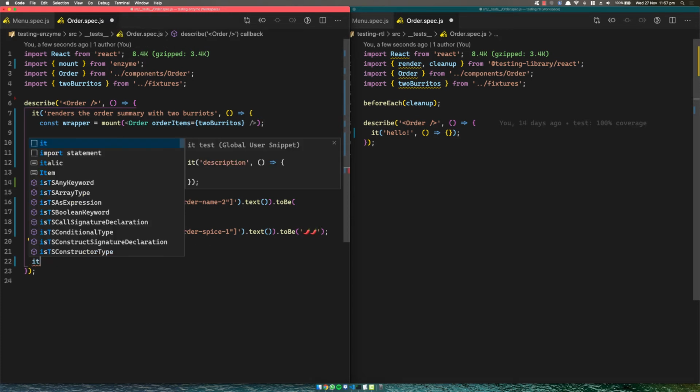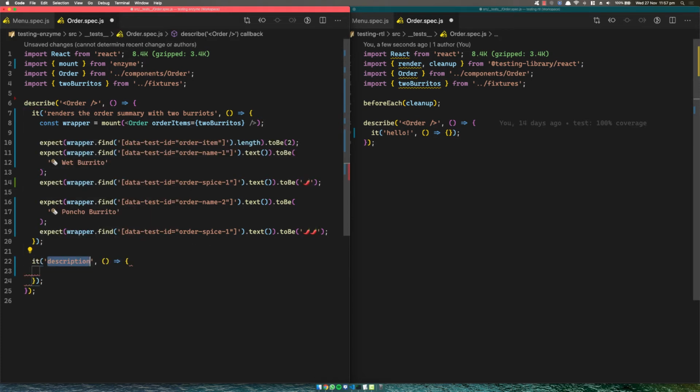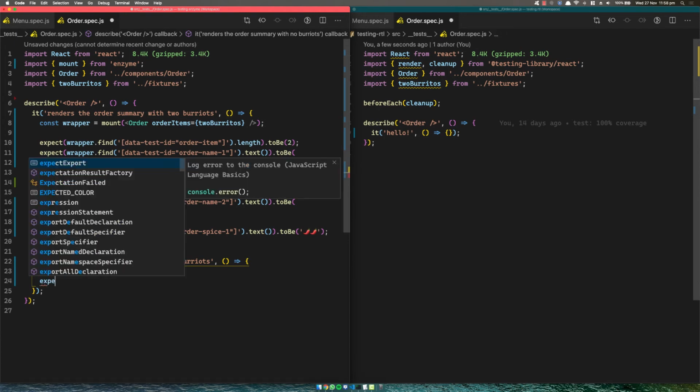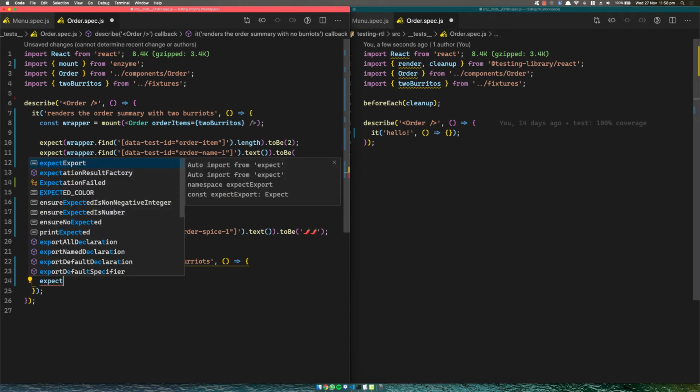And then down here, we can do another it, and we're going to say it renders the order summary with no burritos. Because we don't just want to check that it's rendering the order summary with 2 burritos or 5 burritos or whatever it may be. We also want to see that the component can handle no burritos, because that's a real scenario when you hit the page. So we're going to give the wrapper in there, and we're going to say expect